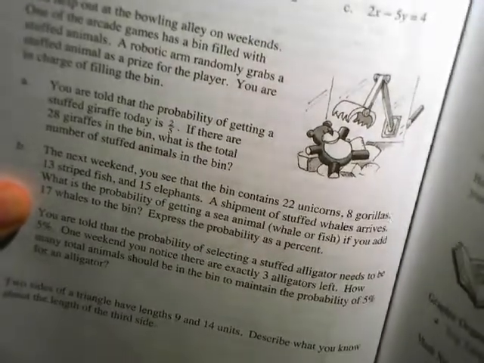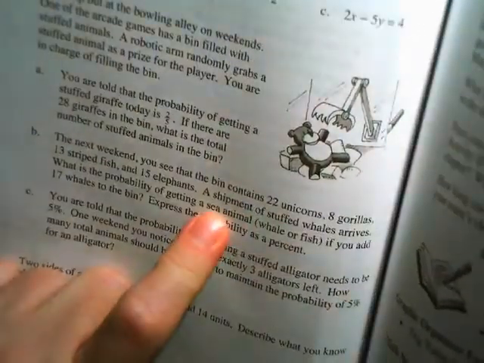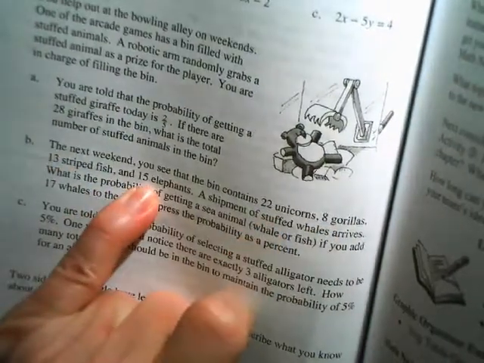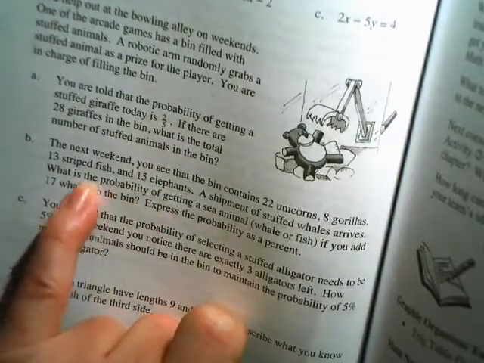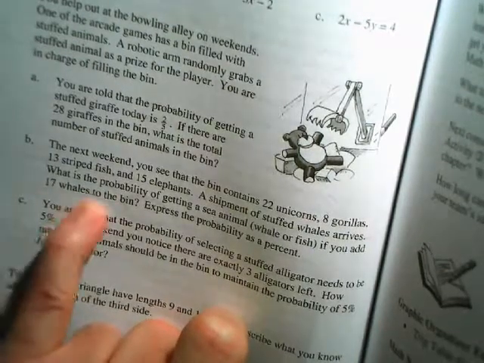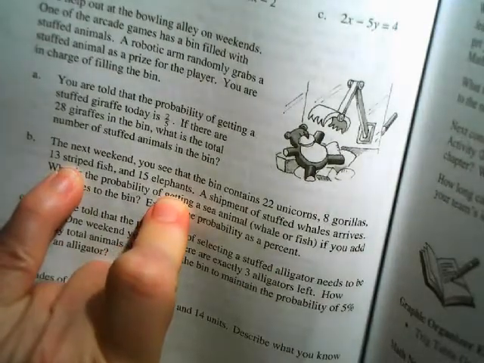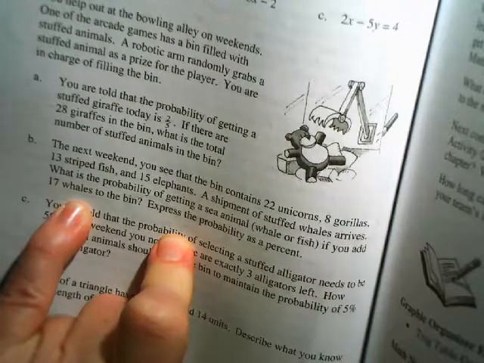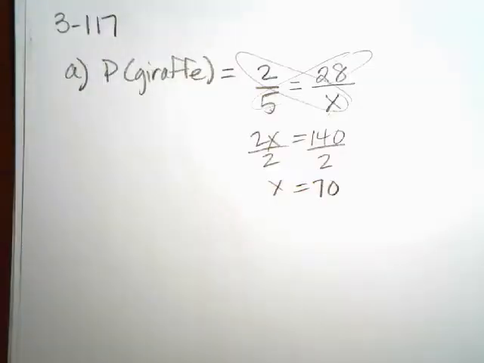So I'm going to look at this and say, well, if I'm figuring out the probability of getting some type of stuffed animal, I need to know the total number of animals. So I'm going to add 22 plus 8 plus 13 plus 15. Those are the stuffed animals that we have, and then we have the whales. There's 17 whales. So if I do 22 plus 8, that's 30. Let's see, 13 plus 15 is 28, so that's 58 plus another 17. Let's see, 68 plus it would be 75. So there's 75 animals altogether, and we want to know